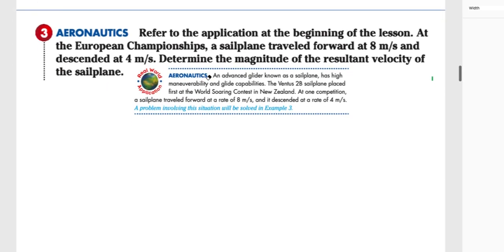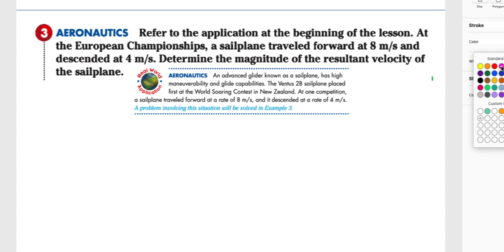So this example refers to the example in the beginning of the text. Here's what we're dealing with. We have a situation where an advanced glider known as a sailplane has a high maneuverability and glide capabilities. The Ventus 2B, a sailplane, placed first at the World Soaring Contest in New Zealand. At one competition, a sailplane traveled forward 8 meters per second and it descended at a rate of 4 meters